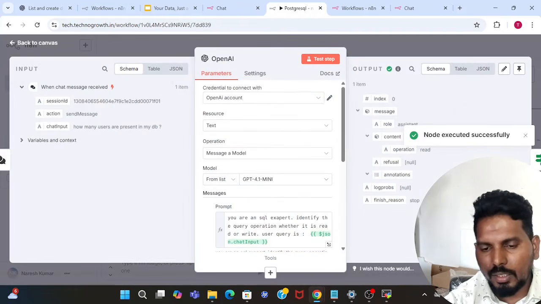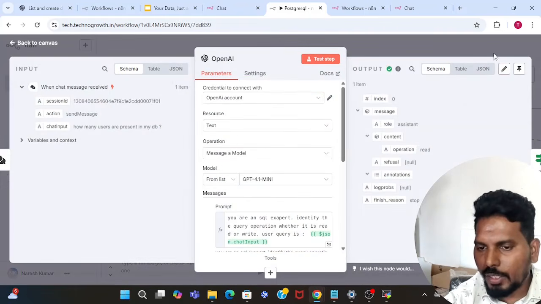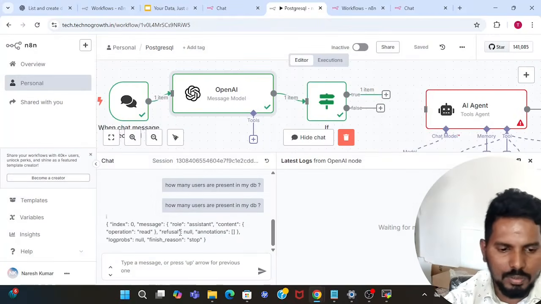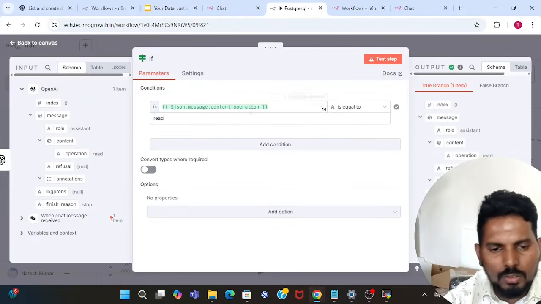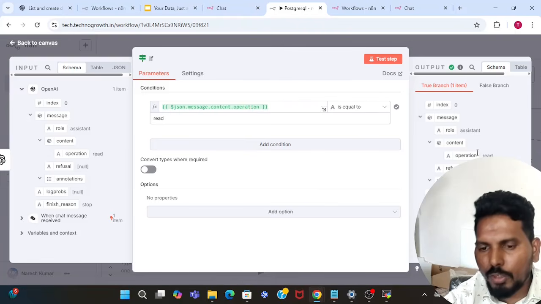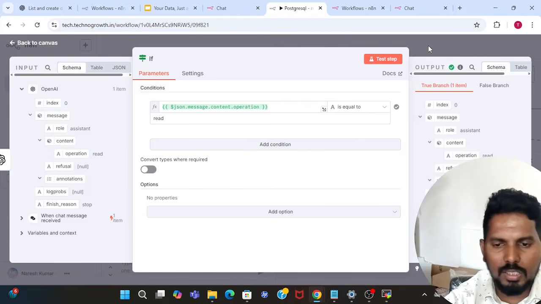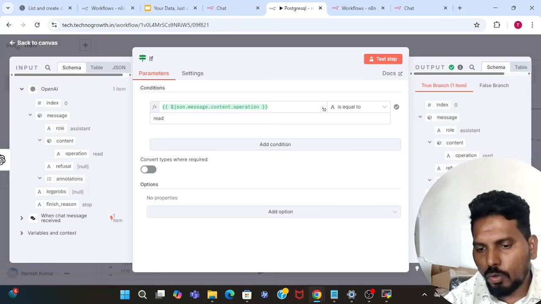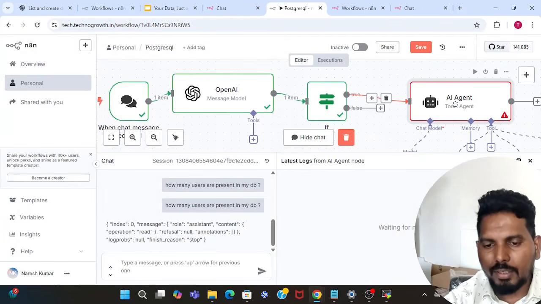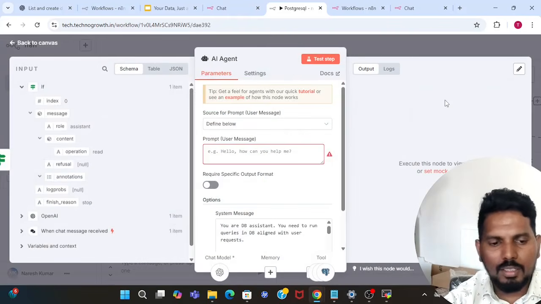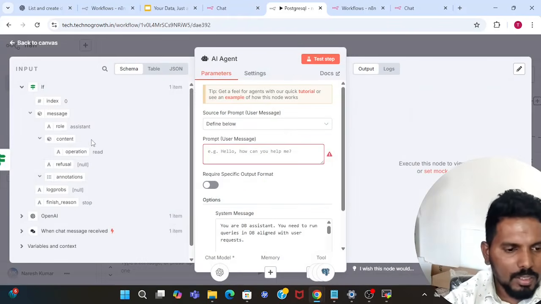You can see that my model generated operation read because it is a read operation, right? Then it is going to the if condition. So since this operation is equal to read, this output I am getting here, right? Now connect this with my AI agent which we have created earlier. Now if you click on AI agent, you can see that